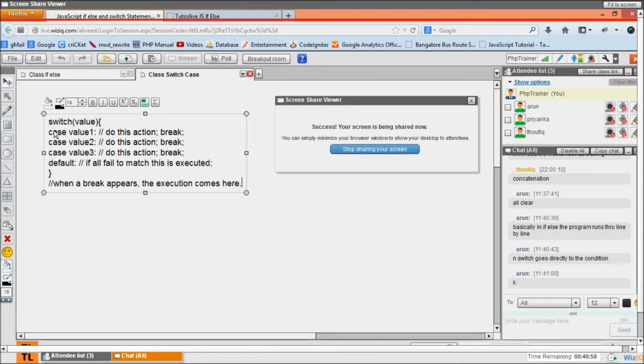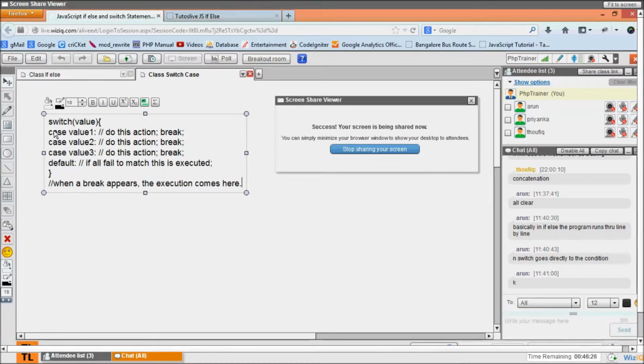Generally people forget to use break because break is not in the context, since we are manually breaking it. So do remember that you have to apply some breaks over there, not the brakes of a car, but break statements. Okay, fine. I guess this is clear. We are going to discuss the same things in PHP too, but in PHP I won't be giving any examples, I'll only be talking about syntax.